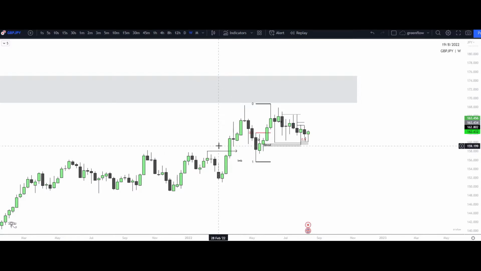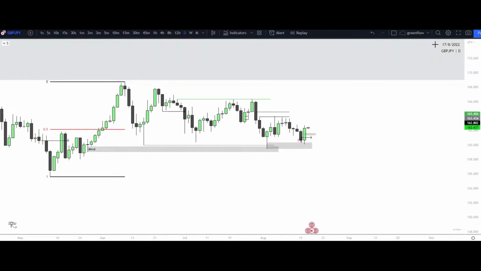All right, we saw a break of structure to the upside after a liquidity raid to the downside. We broke structure, continued to the upside, created a range right here, and then we raided liquidity on the weekly and then broke another structure point to the upside right here. We did not close, right, with displacement over these, but you can see we raided highs, came back down, and we're starting to consolidate within this price action on the weekly, but we are still bullish, right?